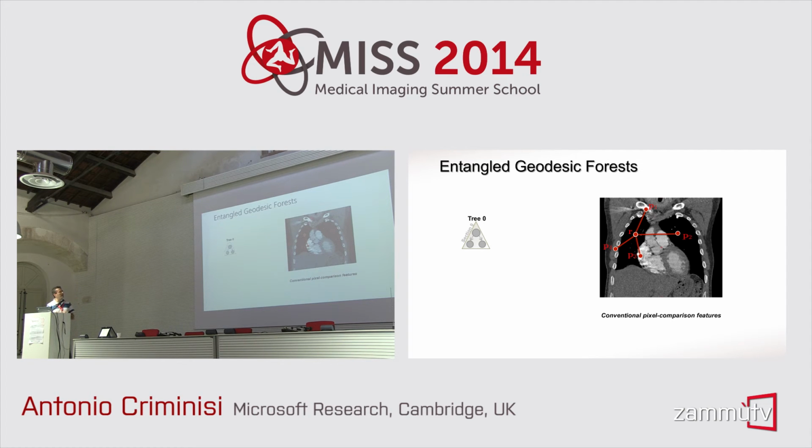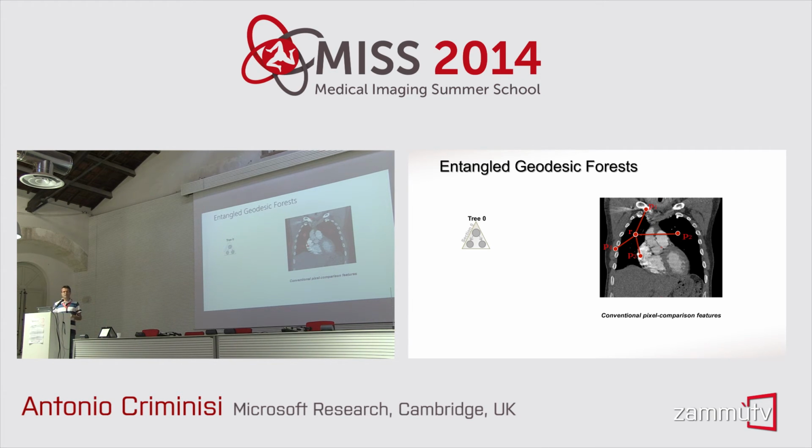So let's go back to medical images and apply this step by step. We have a CT scan and I want to be able to segment the heart from the lungs, from the rib cage and so on. I start training this tree using completely raw features. If this is my reference point, I can look around at raw CT intensities, the intensity underneath the points P1, P2, P3, P4. No shortest path here whatsoever. Everything is super efficient. And I stop after a certain number of levels. I'm done with training section 0.